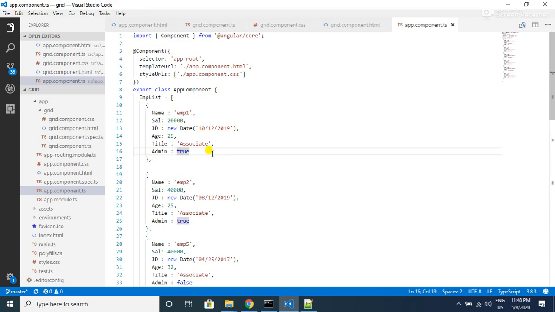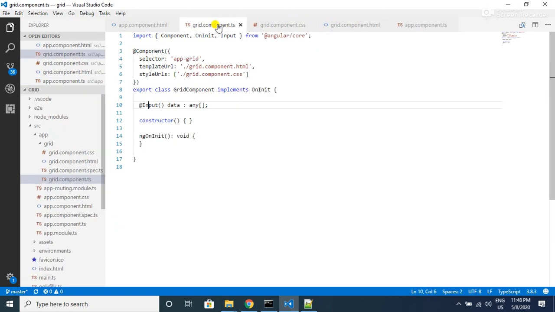We want to show all these columns in our grid. So how do we get these employee properties from our employee data? The employee data is being passed to our grid component through this data input property, and using this data property we are going to retrieve the properties of this employee object.